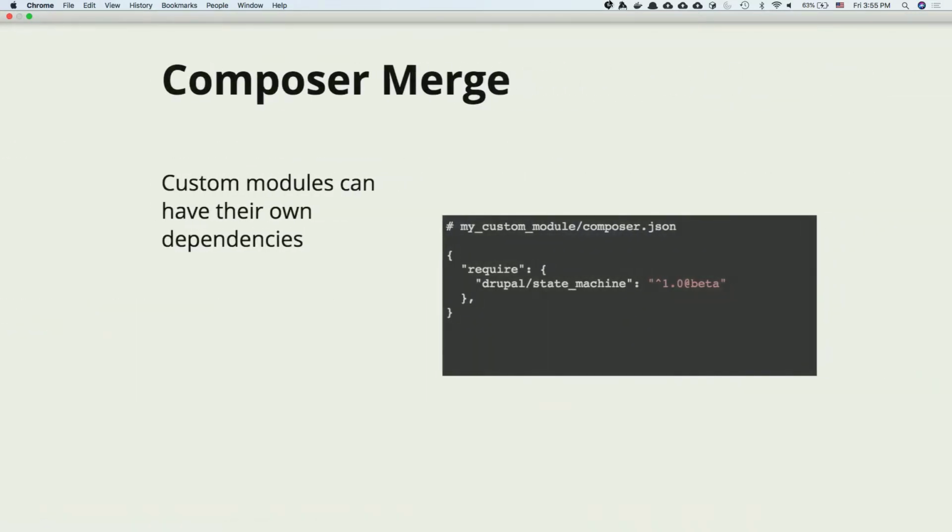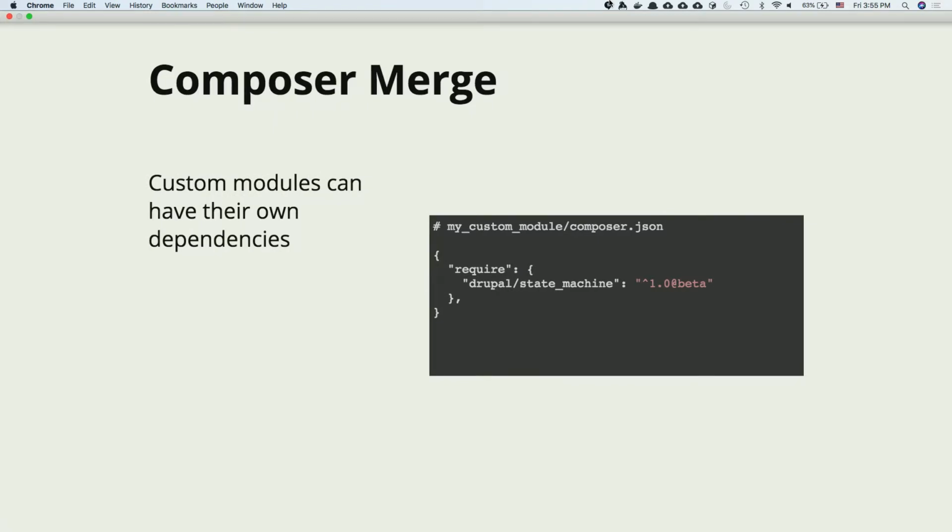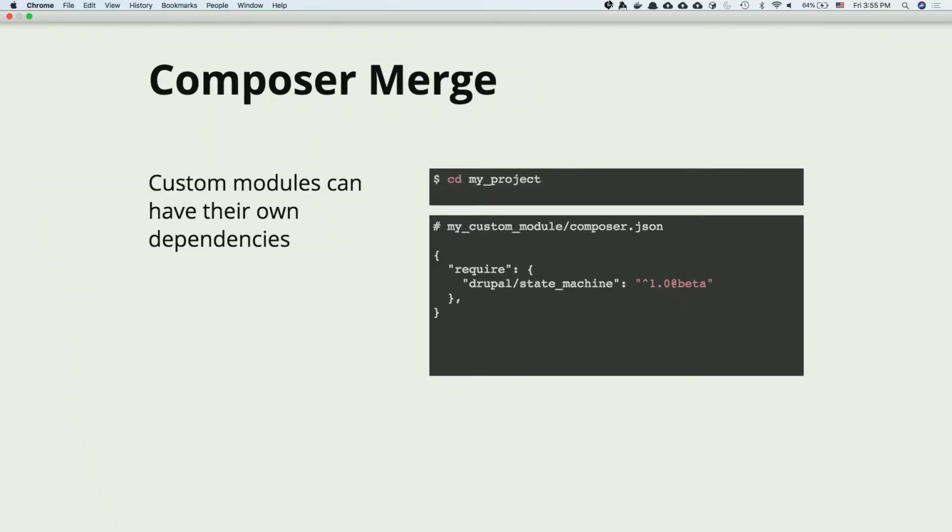Just an aside. Okay, so one of the things that I wanted to take advantage of was to be able to require dependencies from my custom module. This might be a module that exists for multiple web projects, and so you've got to pull that custom module in, and when you do, you'll want to list your dependencies. And one of the ways you can achieve this is through a PHP project called Composer Merge. It's actually a Composer plugin,